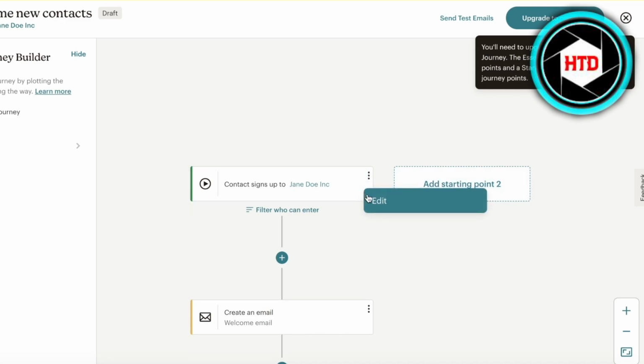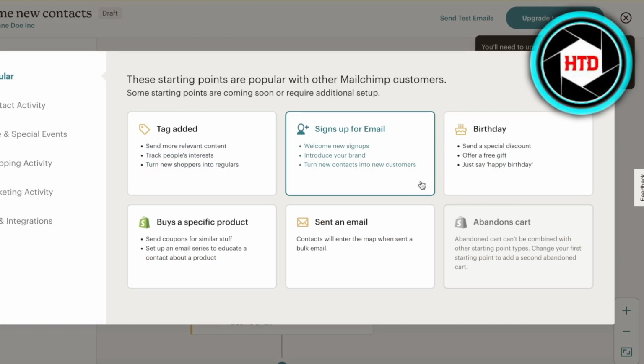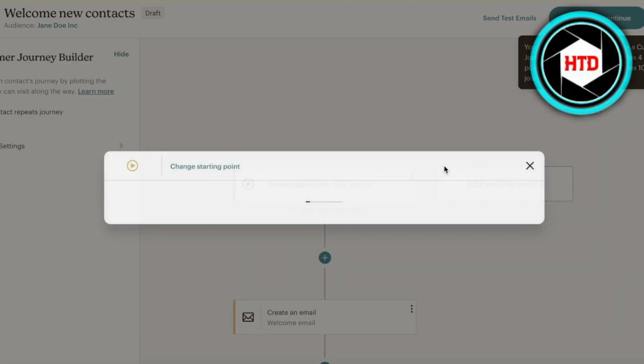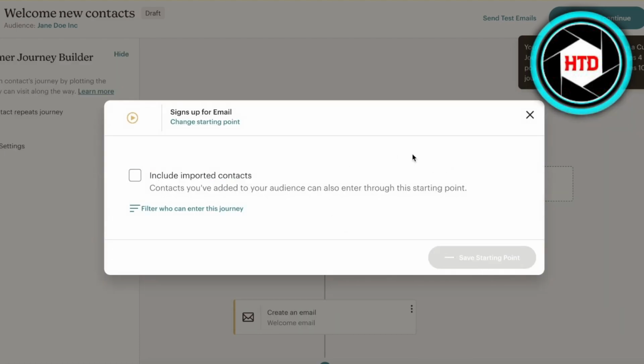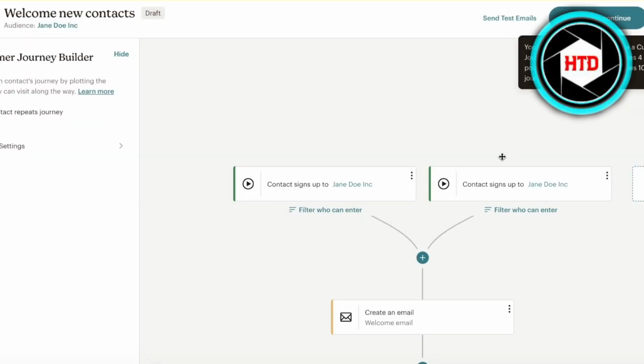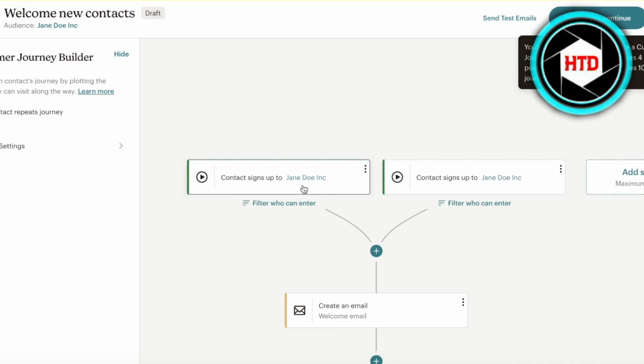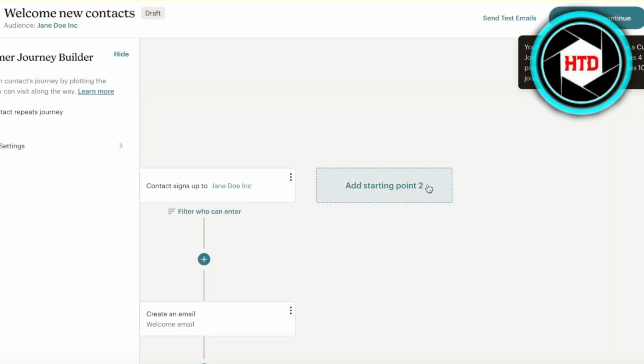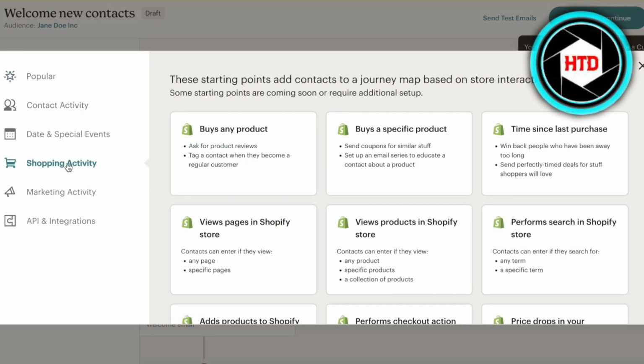You can edit your original one, but if there are two starting points, you can also add two now, which was not a feature that was previously provided by Mailchimp. So let's say whenever there's contact activity, when someone signs up for an email, and I'm going to save this starting point like this, and I can't have duplicate starting points. So whenever someone signs up to janedoe.inc or whenever a pre-existing contact is signed up,